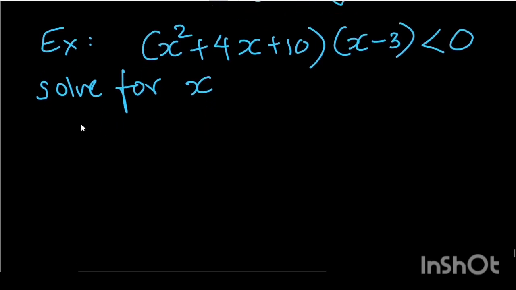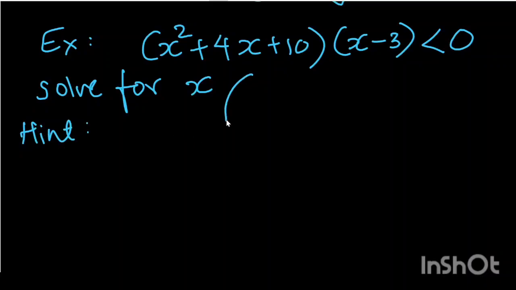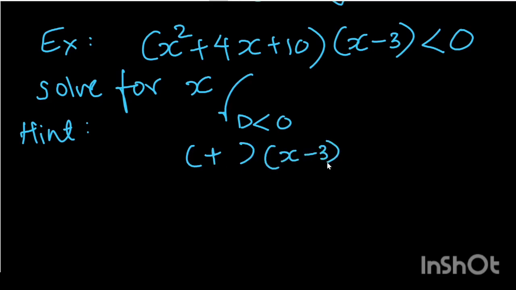So we can use that the discriminant of this is negative. So this quadratic expression will always be positive, into x minus 3 negative. Since this quadratic expression is positive irrespective of any value of x, the second factor in the multiplication, which is x minus 3,